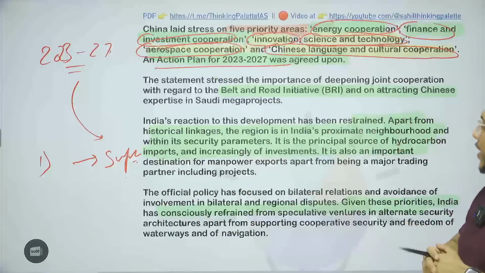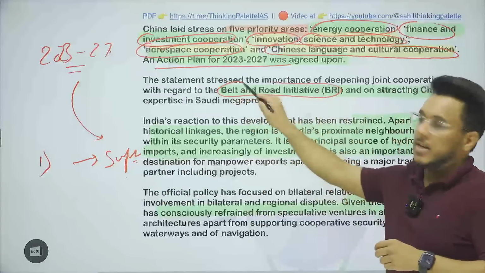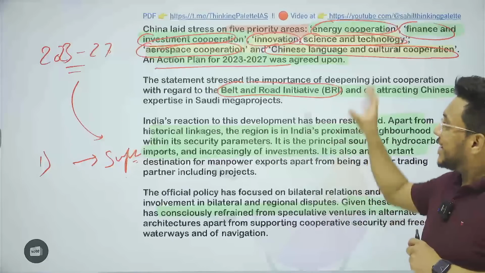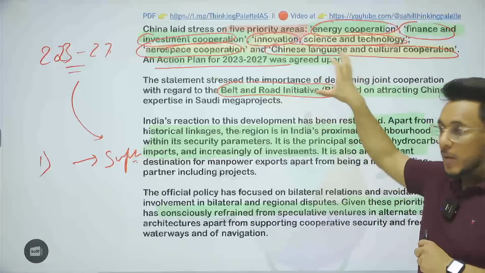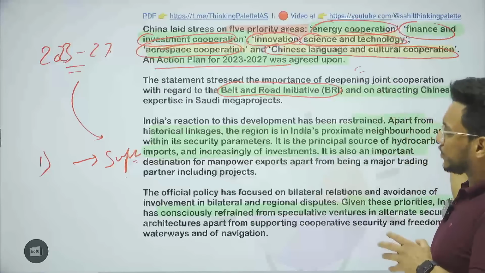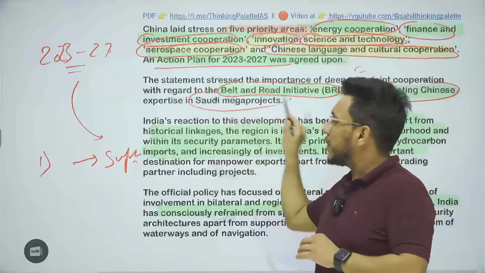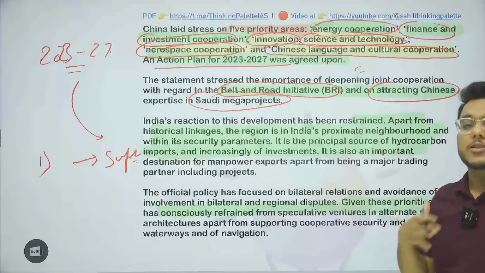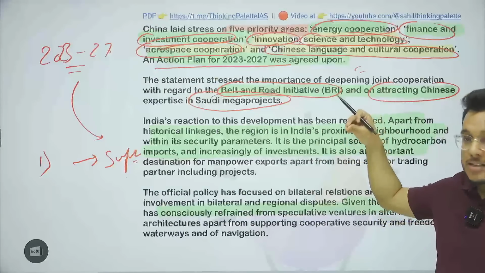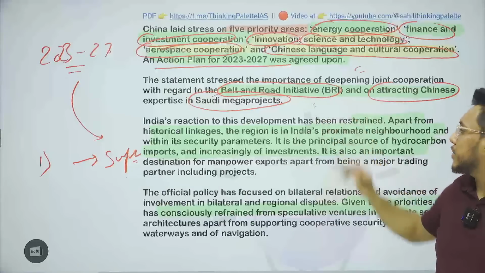Secondly, guys, understand this: China is running its Belt and Road Initiative, and under the Belt and Road Initiative, China needs more and more partners. Now, by brokering the deal between Iran and Saudi Arabia, China got new partners. Basically, Saudi Arabia is also going for a lot of infrastructure modernization. As this victory has happened, China will get more space in Saudi Arabia's mega infrastructural projects. That is something that is happening.